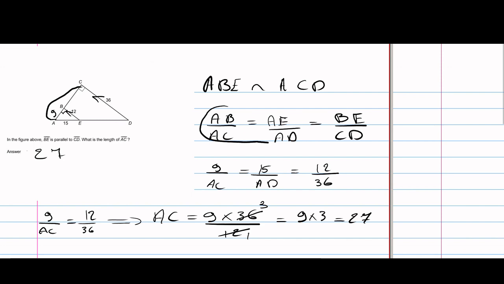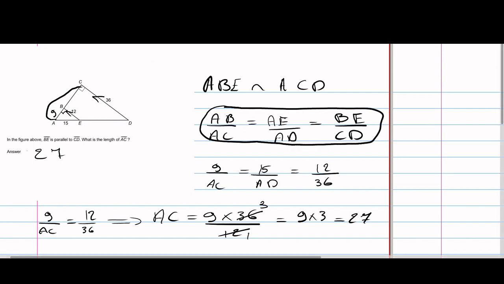How did I find this ratio? When I put it in order, the triangle ABE is similar to triangle ACD. When I put every equal angle corresponding to the equal angle inside the other triangle, I will put A over A, B over C, because both of them are equal to each other. AE, below E I should put